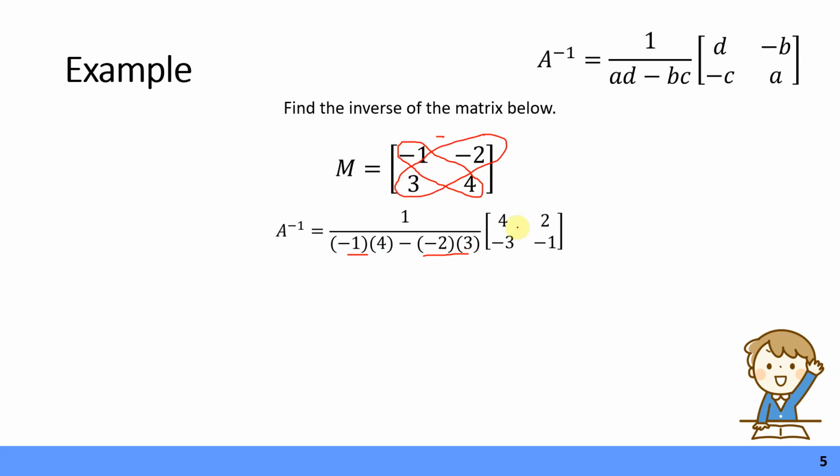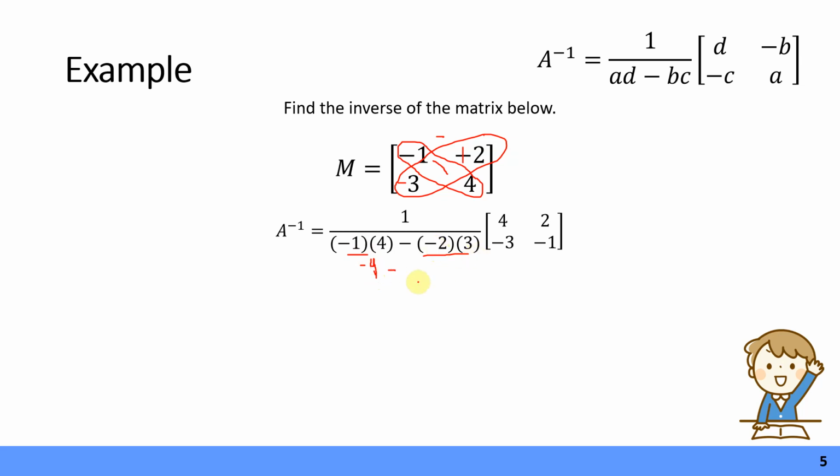And now the matrix has to be modified. These two numbers change place, so now the negative 1 is here and the 4 is there. And these two numbers change sign. So now this is going to be a positive and this one's going to be a negative, but they stay in the same place. So I still have my 2 and my negative 3. From here, all we have to do is simplify. So negative 1 times 4 gives me negative 4